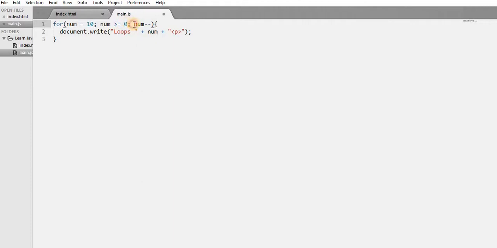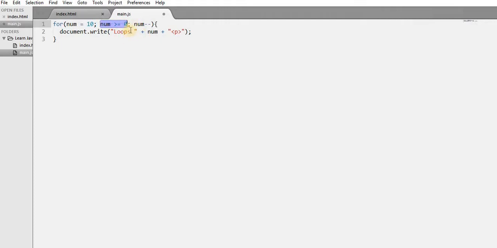So it will now come into this statement, and this one is the decrement statement, and it will now decrease the 10 by 1, and what will it have? 9. So it will now come here and output 9 on the screen. Understand? The 9 will go back into the loop again and we check again for the value. So you say, is 9 greater than or equal to 0?